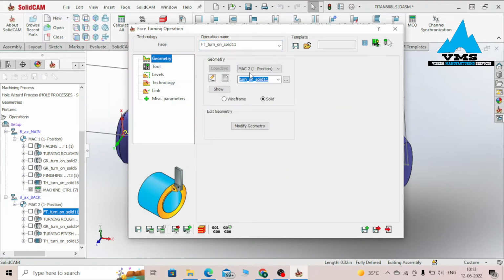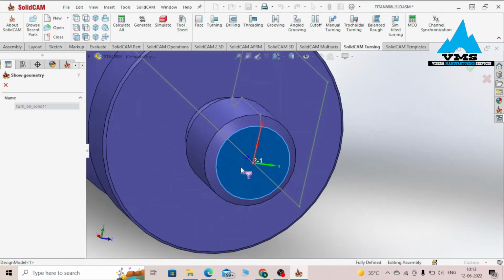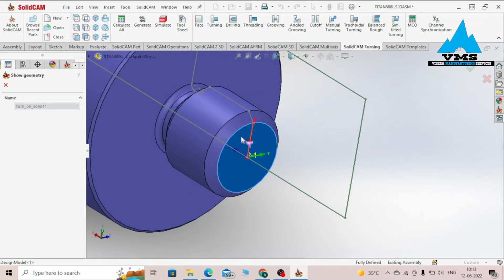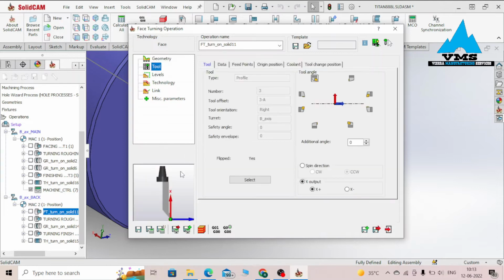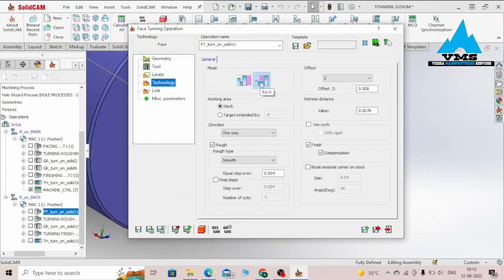We are using Mark 2 position 1, show geometry. We are working with this face or simply with this line. Tool, we are using our external tool of angle 35 degrees for the facing, making sure that this direction should be selected and not this direction. Technology, we are using back. Remember that we are working with Mark 2, so back should be selected. We are using a roughing pass and a finishing pass with compensation on. Looking at the simulation,